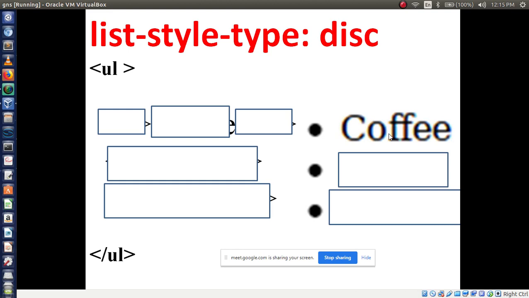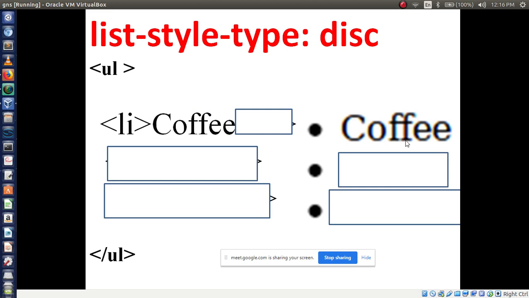Now if I want to list the items, copy, to write a copy you have to use the li tag, compulsorily. See here, li means list items, followed by what you are displaying. I am displaying copy, so I write copy. After writing this item name, then we have to close our li tag. How to close the li tag? Angle bracket slash followed by li. Is it clear, everyone? Understood this concept?